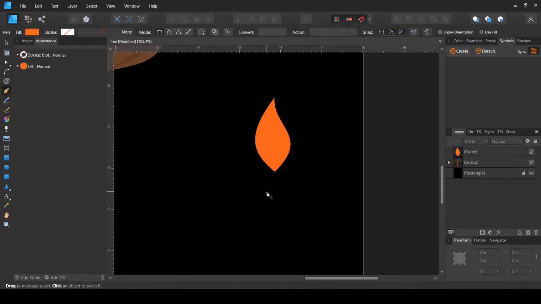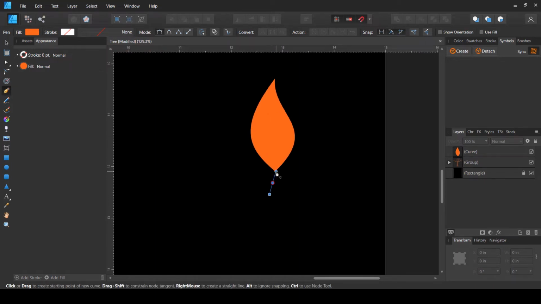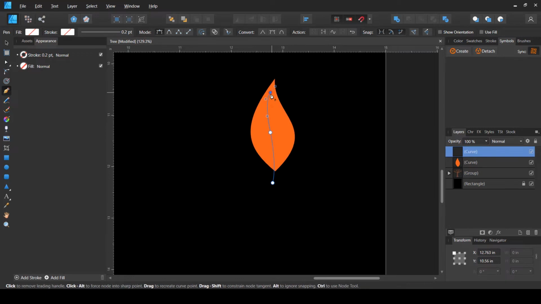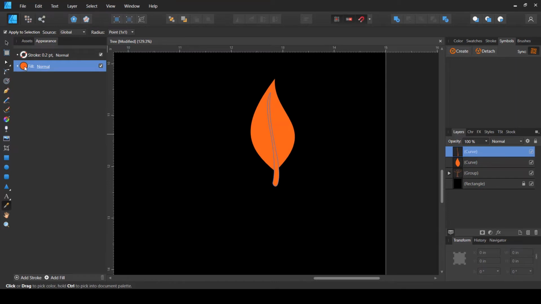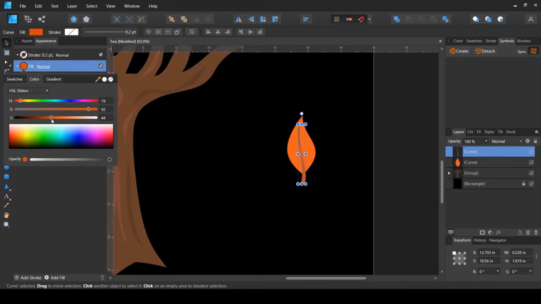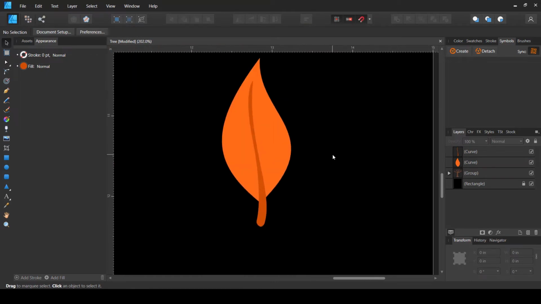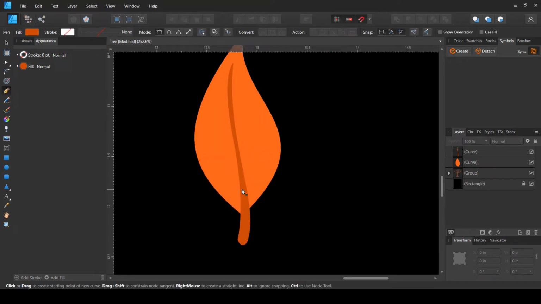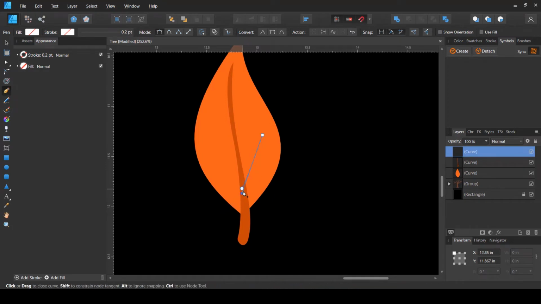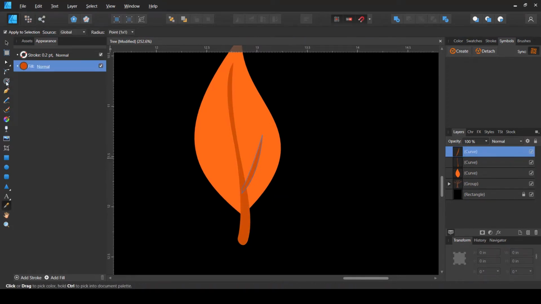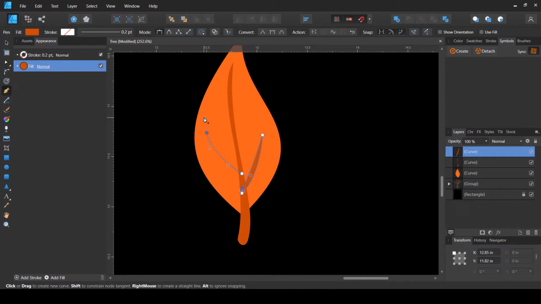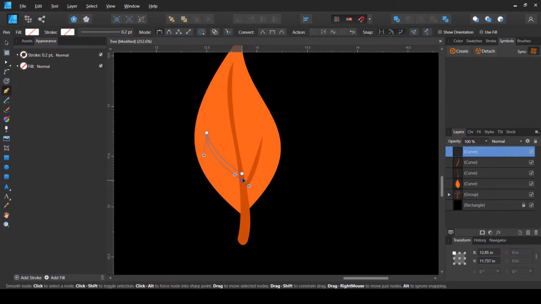And then I'm going to create that vein shape or stalk shape in the leaf, and it should be, let's say, like that. And I'm going to close it like that, and then fill it with the same color, and then maybe make it slightly darker, and maybe create a few more veins here and there. Let's say on this location, fill it with the same color, and then create a vein on the opposite location like that, and then fill it with the same color.